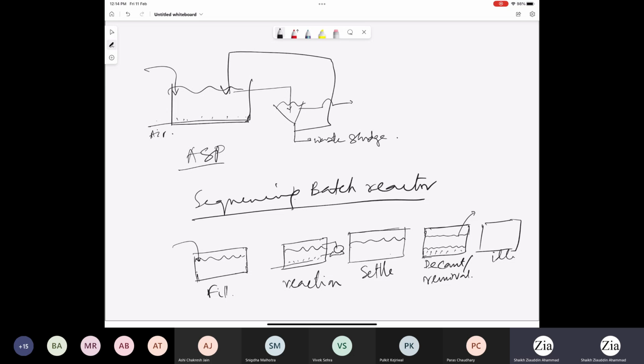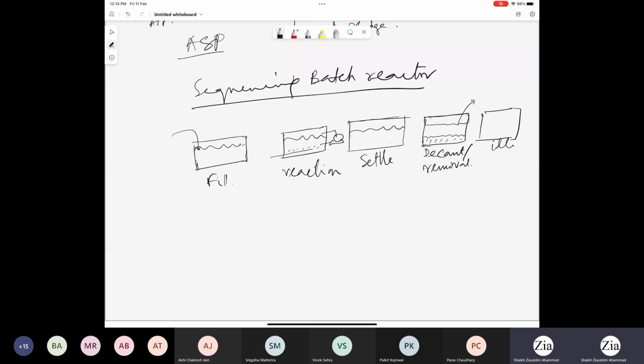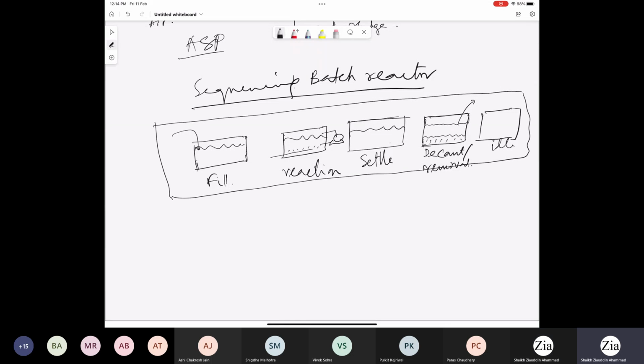Why are we calling it continuous mode? Because if you draw a bigger box having all the reactors inside, and make the input output diagram from this box, first is fill, so you need to spend a certain amount of time for filling, then the liquid will go for reaction. So all reactors you will just fill. Now we'll go for reaction. Then after reaction, you will just have